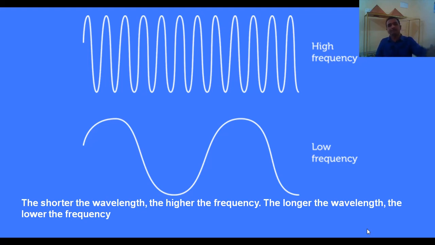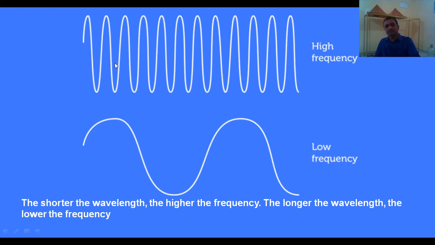If you observe here, this is the frequency of the wave. When compared to these two, which wave's frequency is more? This wave. The number of cycles is more, so the frequency is more. From crest to trough, one cycle is completed, then another crest to another trough, the second wave is completed. This is the mean position of this wave, crest to trough, crest to trough. Okay, this is the high frequency.